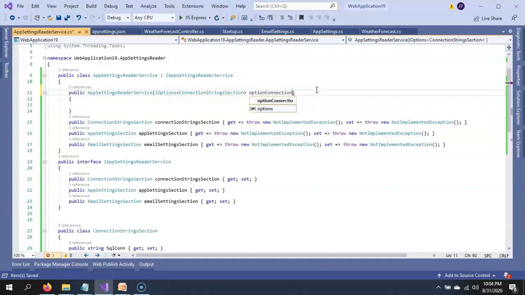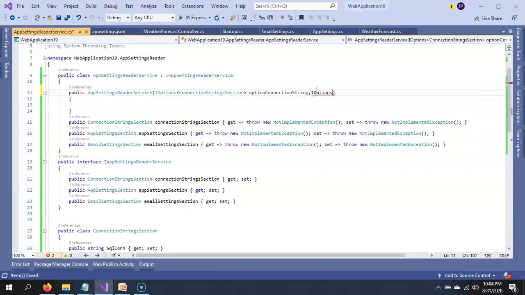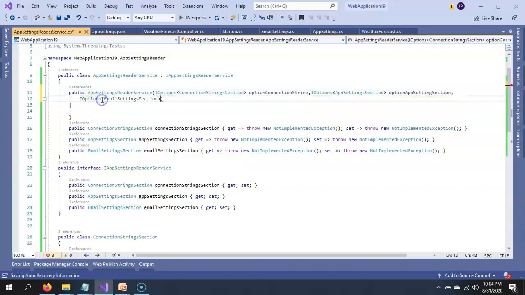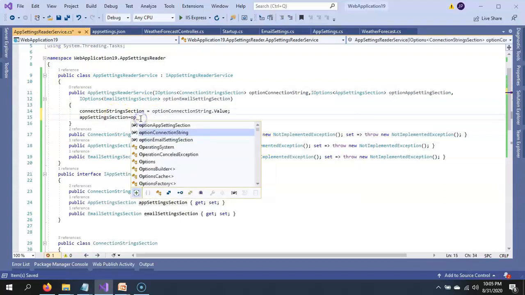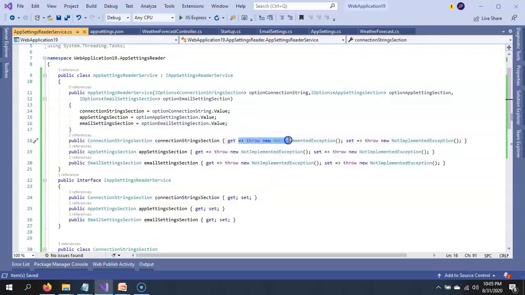IOptions of the connection string section, then IOptions of the email section and app section. A set is not required.